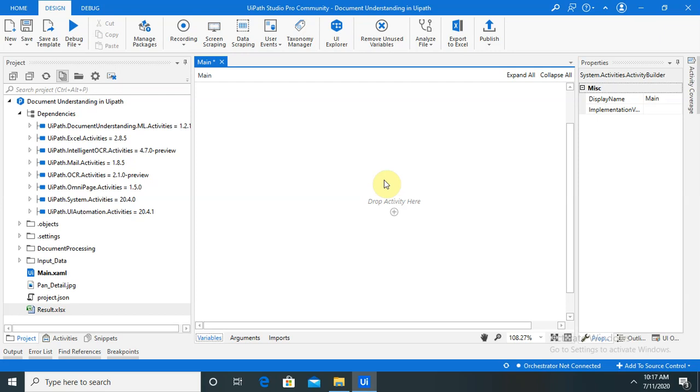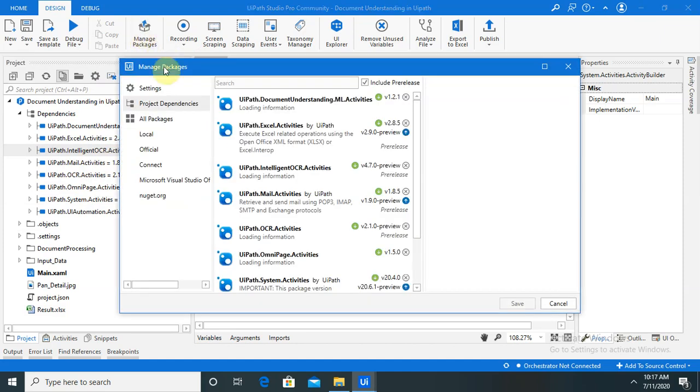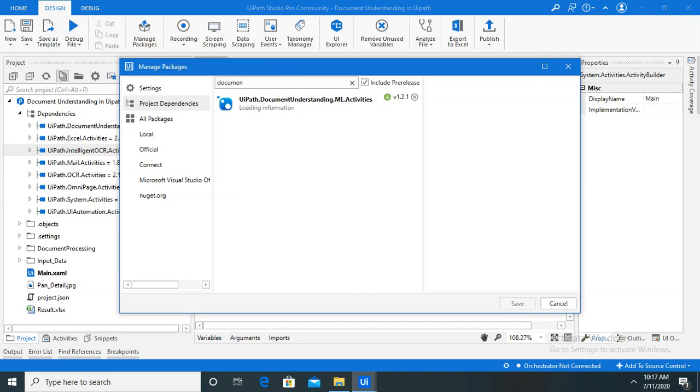Before starting, the agenda is this: extracting from a JPG file and saving into an Excel file. Before starting, we will need 3 packages to be installed. One is the UiPath Intelligent OCR activity. Let me show you how we can install it. Just click on manage packages. From manage packages, you can search for document and install this activity.